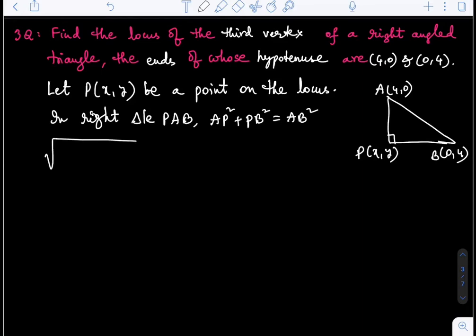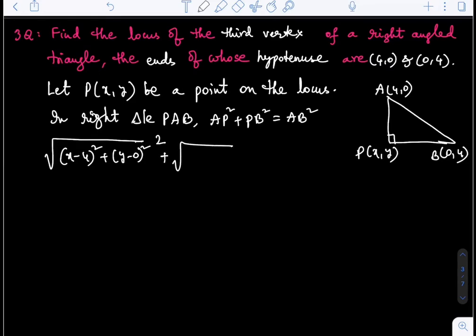So by applying that formula we get x1 minus x2 whole square here. AP means from here to here. x1 y1, x2 y2. Assume them as I said. So that we get x minus 4 whole square plus y minus 0 whole square here. Let us write clearly. This is x. Okay. And this is about AP square. So square is kept here.